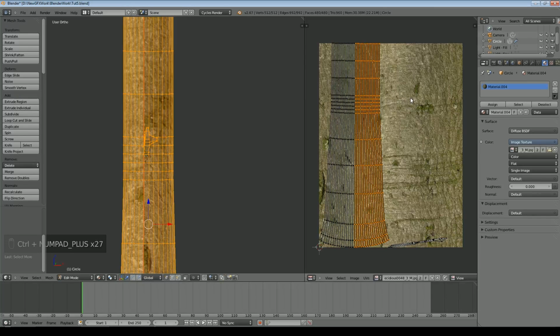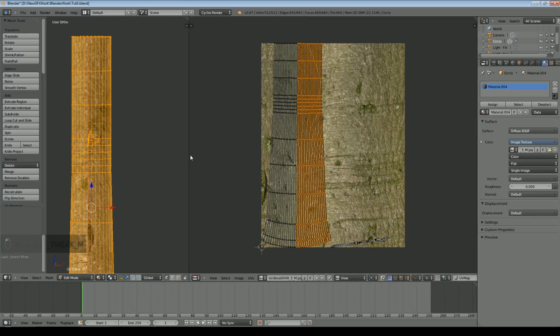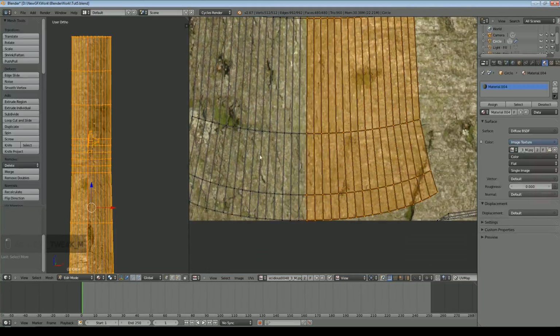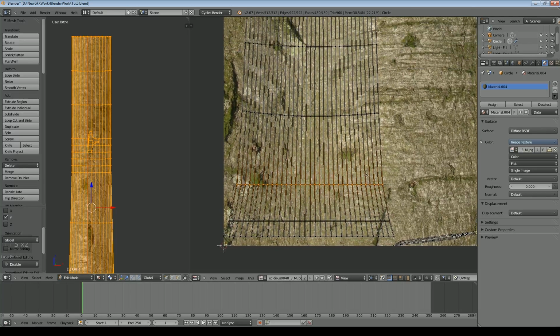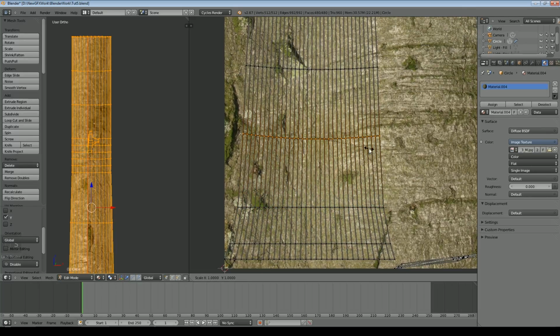In fact, before I do that, I'm going to make life simpler for myself. Always worth spending a bit of time with UV unwrapping, especially for the larger objects. I can straighten this base off. So I select Control, right click that base to select it all. Scale Y0. The scale is only X and Y in the UV image editor, because obviously Z doesn't exist for a flat image. Then I'll do the same there, scale Y0. Really I'm doing this just because it will make the next task a little bit easier. As long as the image doesn't look too stretched, it doesn't really matter that we're distorting it slightly.